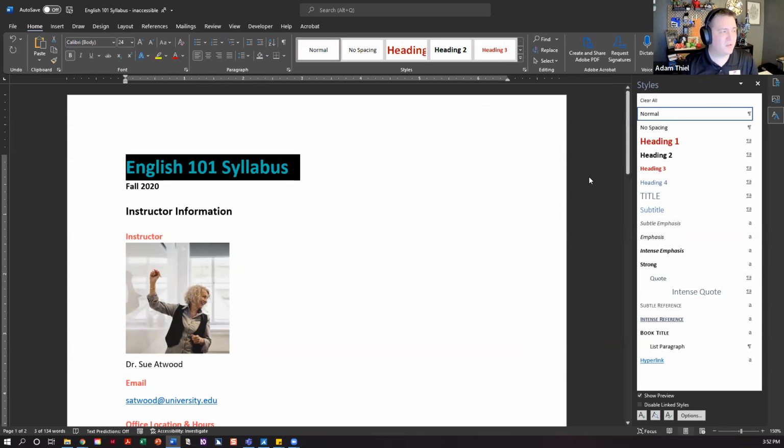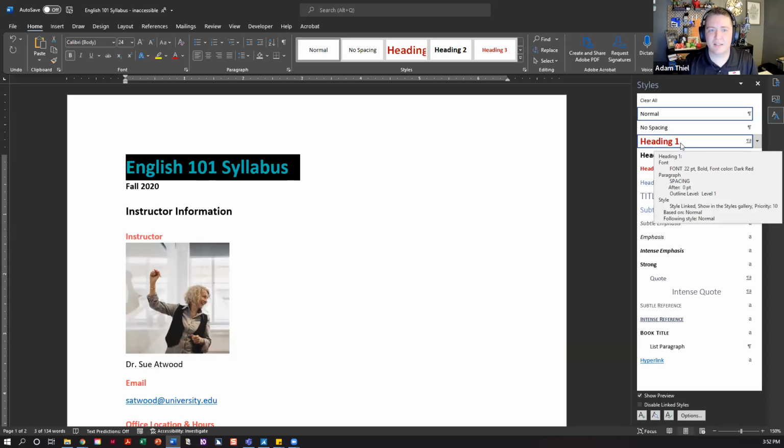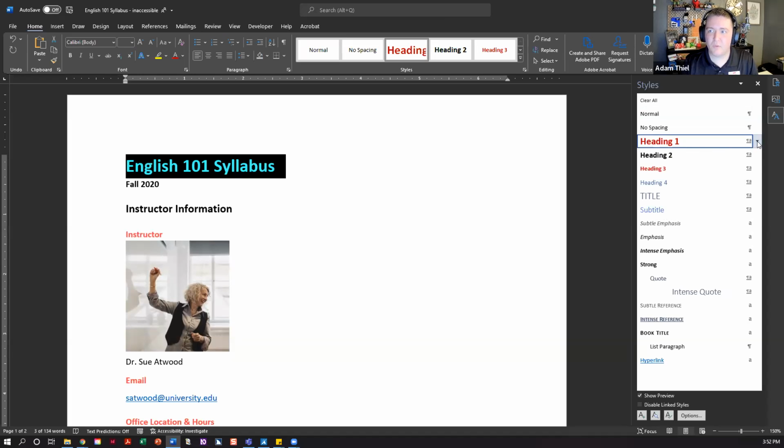These are already built into Word. All you have to do is use them in the correct spots, and then you can modify them to look however you want. For instance, instead of coming over here and manually setting bold and 24 point and Calibri as the font, I can come here, set it as a heading level 1, click this button and click modify.